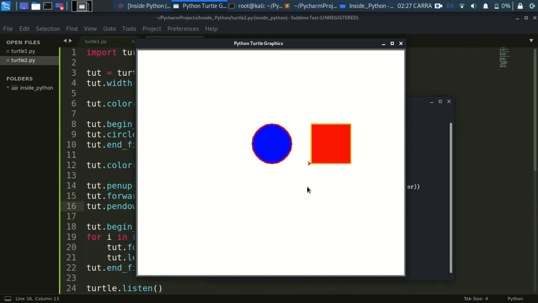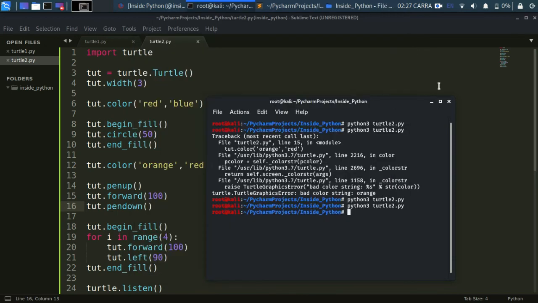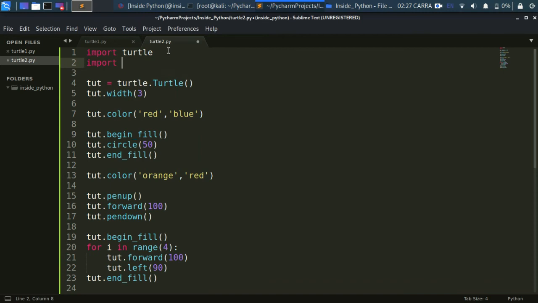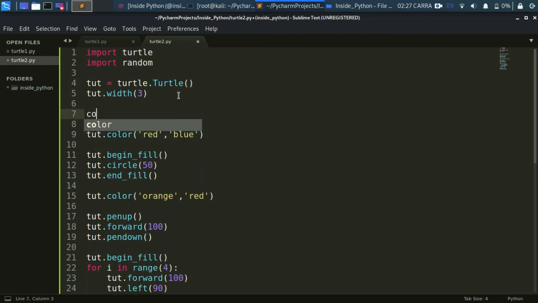Now I want to share a very interesting thing with you, that is drawing random figures. Now how to do that? First of all, import the random module over here. Then we're going to be creating a list of colors, say red,